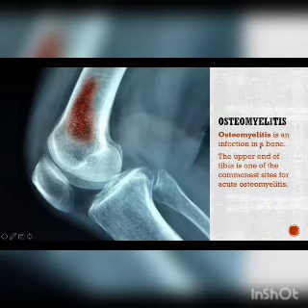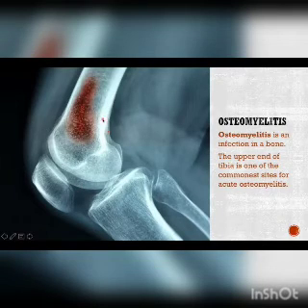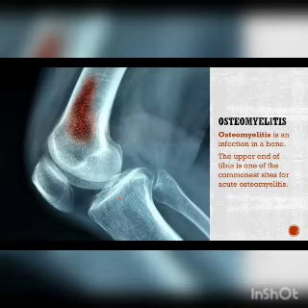Osteomyelitis is the infection of the bone. As you can see in this picture of the knee joint, this is the portion where osteomyelitis has occurred. It is also very common in the upper end of the tibia, which is a very common site for acute osteomyelitis. Infections can reach the bone by traveling through the bloodstream or spreading from the nearby tissues. Common symptoms include pain in the joint or the bone, and fever, chills. Treatment is usually surgery to remove the portions of the bone that have died.